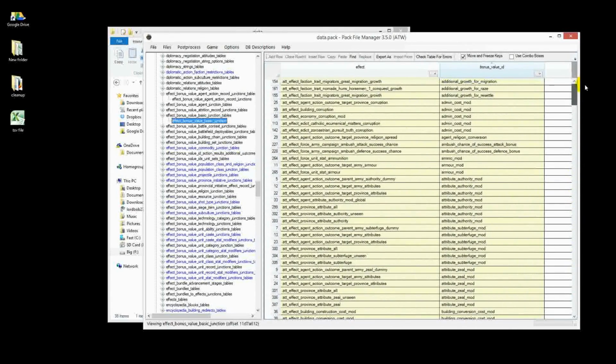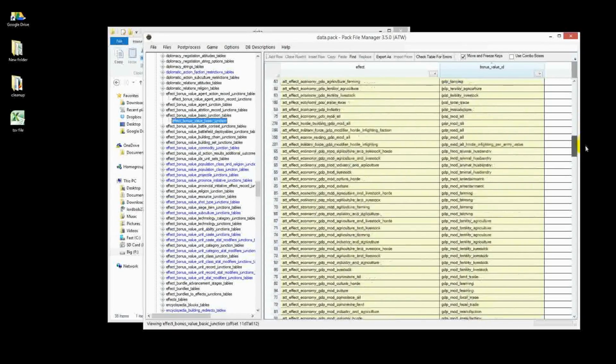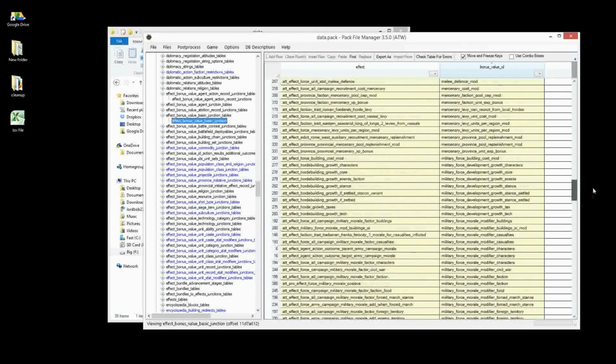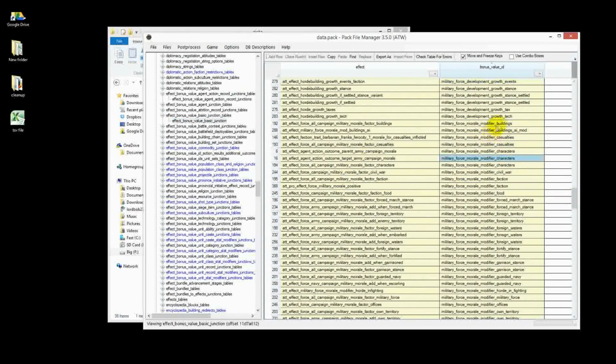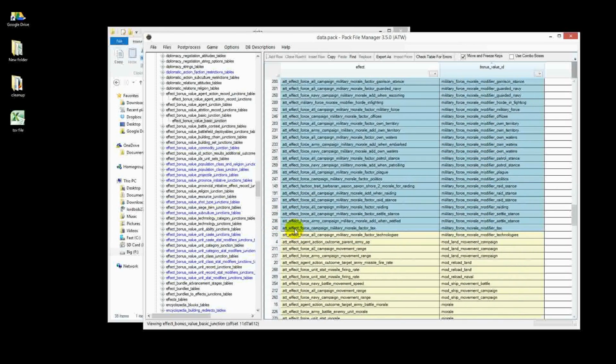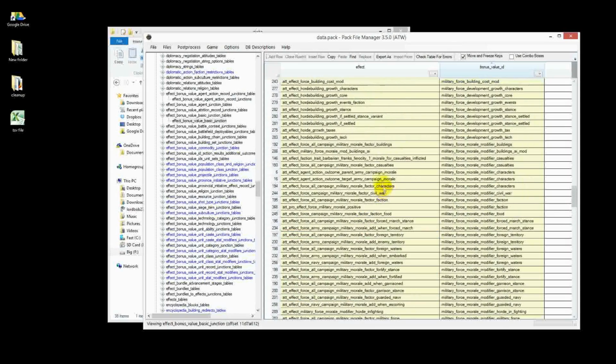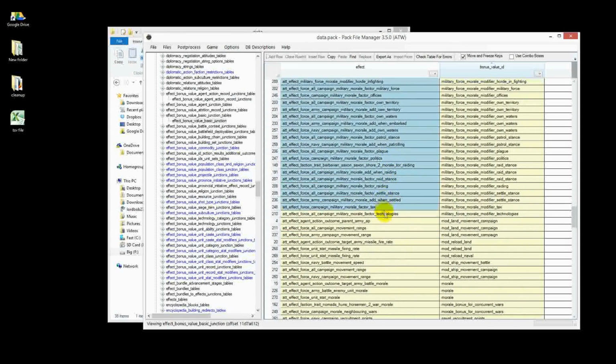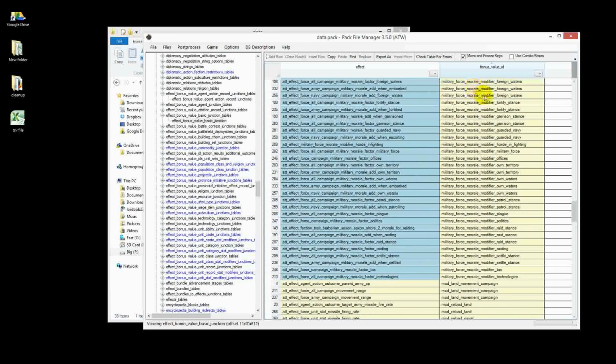What's it called? It's called morale. Military force morale modifier. Here we go. These ones here are the currently set up effects for ways to modify the army morale. And these are assigned,